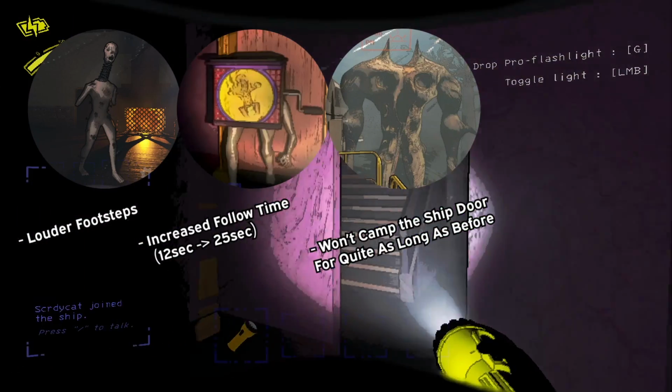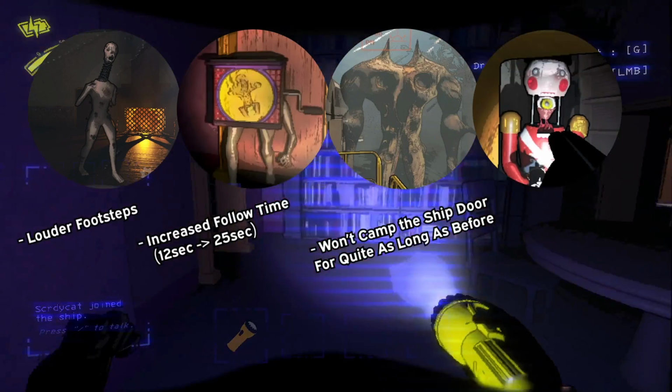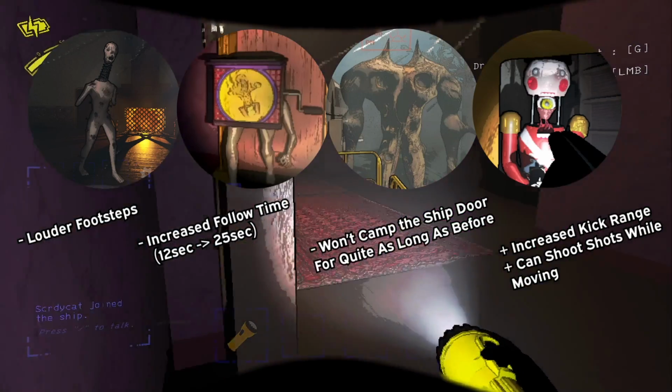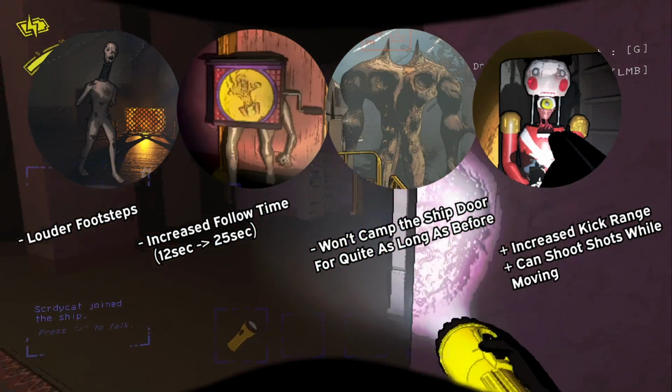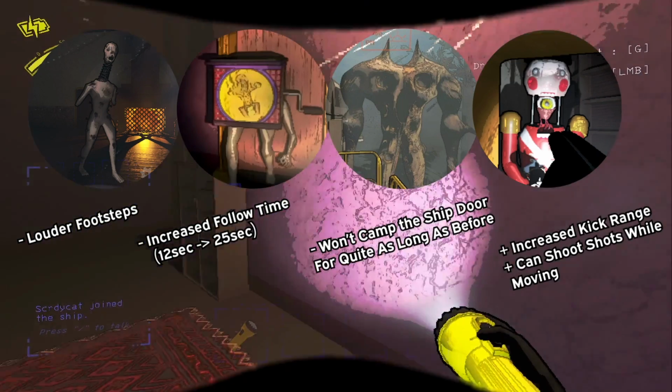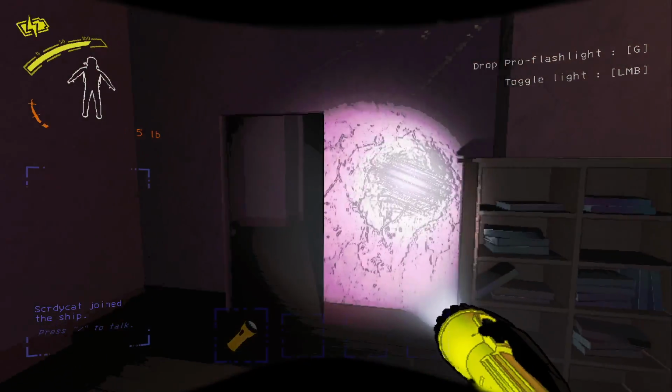Lastly, which is arguably the most significant of these singular changes, Nutcrackers have an increased kick range and will move while shooting you after a couple shots, which makes them so much harder to deal with, especially for the new moon, which we'll get to in a moment. It's fucked. It's like Dante's Inferno levels of fucked. Next we'll get into the...